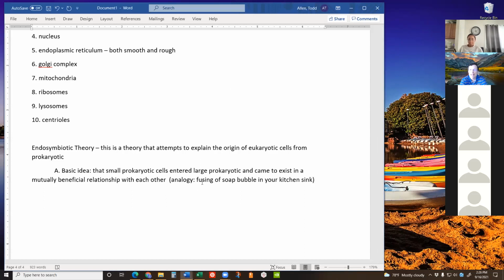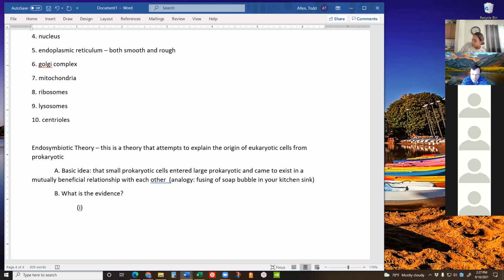So what is the evidence? Let's go over the evidence of why we think this might be true. What is the evidence? Okay, here's the evidence, and we'll start with Kit's statement there. Okay, scientists have discovered over the years that eukaryotic cells, like the cells that make up our